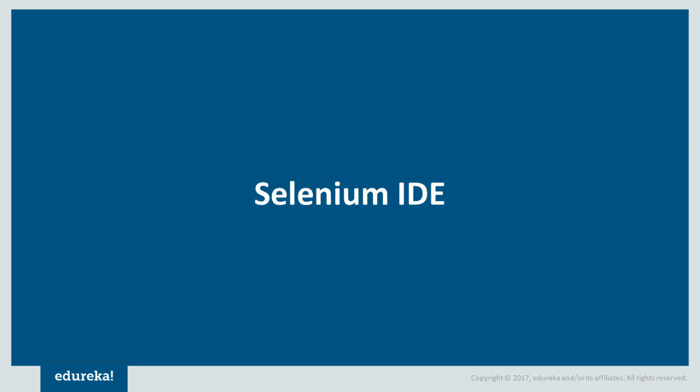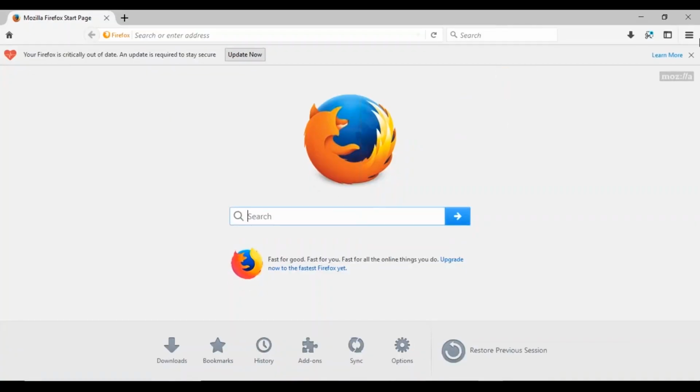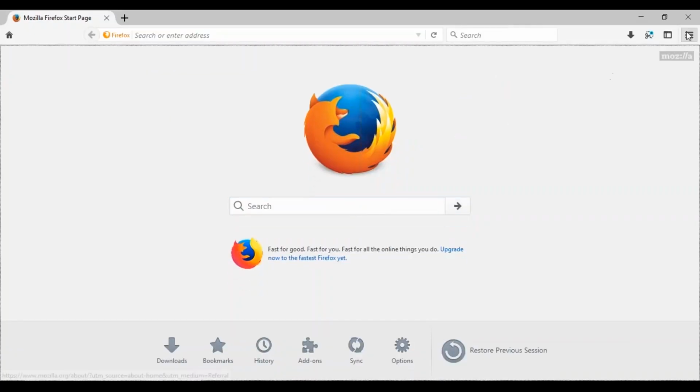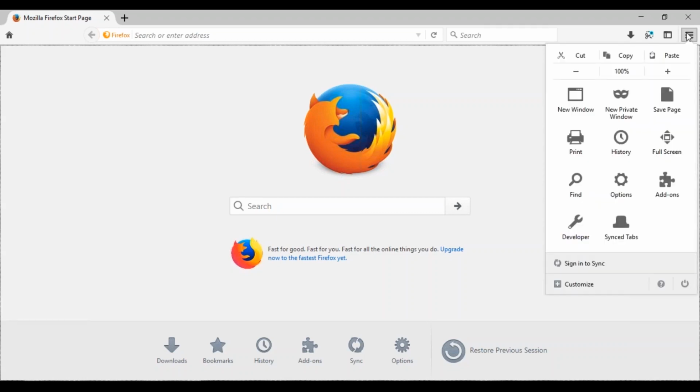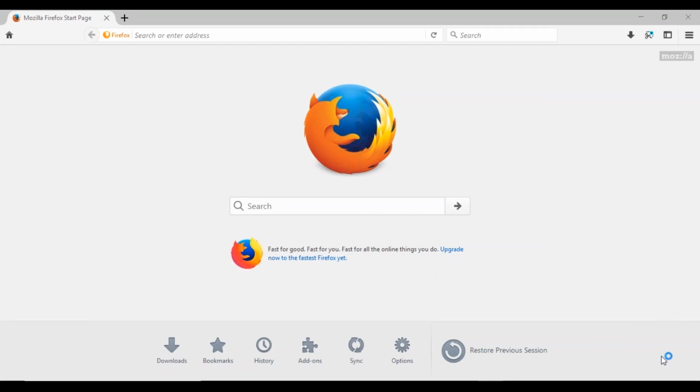your Mozilla Firefox browser. So what you have to do is just install this plugin. First of all, you need Mozilla Firefox. The latest version of Mozilla Firefox will not support most of the plugins in order to work with your Selenium. So I suggest you go with a Mozilla Firefox version which is below 56. If you want to see the version of your Firefox,